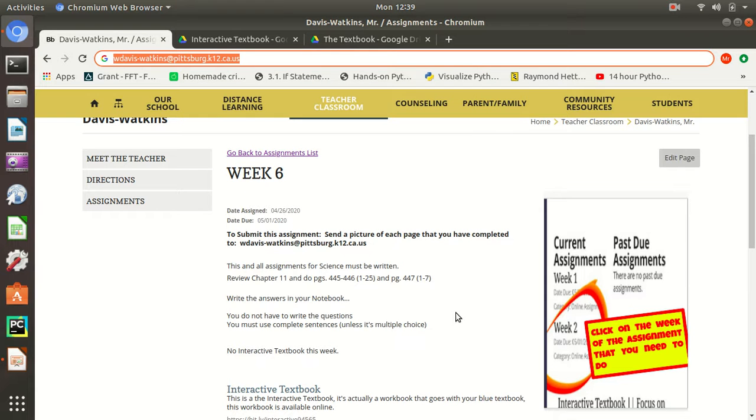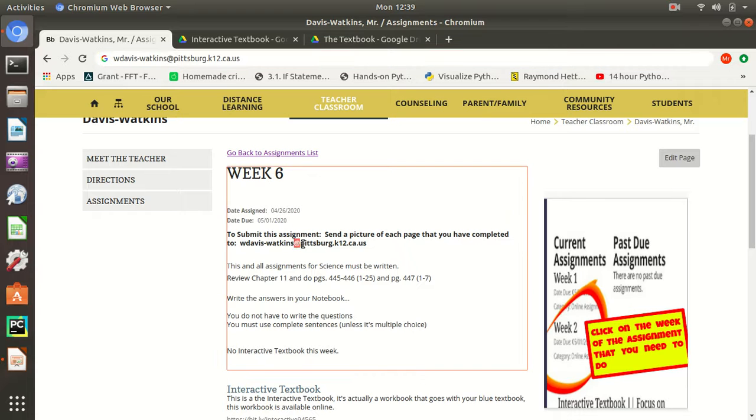Make sure you get that email address right. I've talked to a few people. I'm sure there's more who think they're sending those assignments over, but you're not. So go ahead and make sure you get that address right.